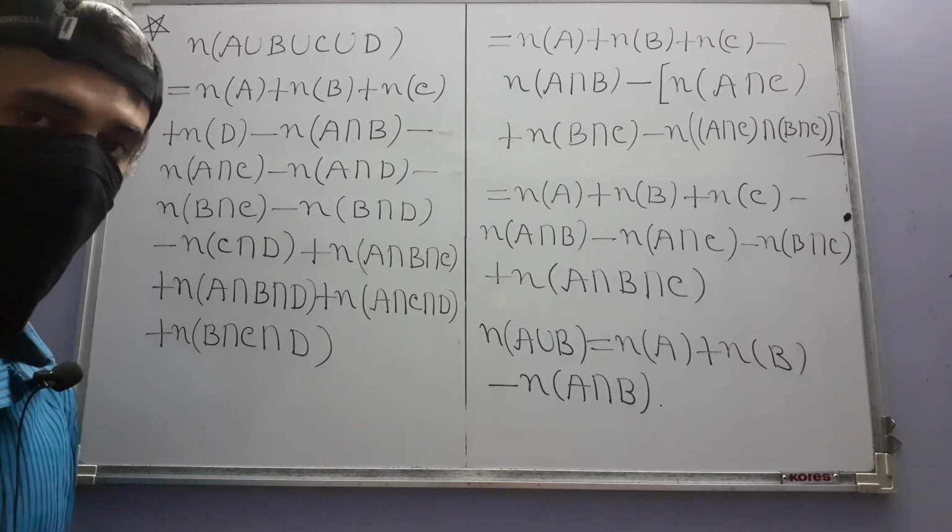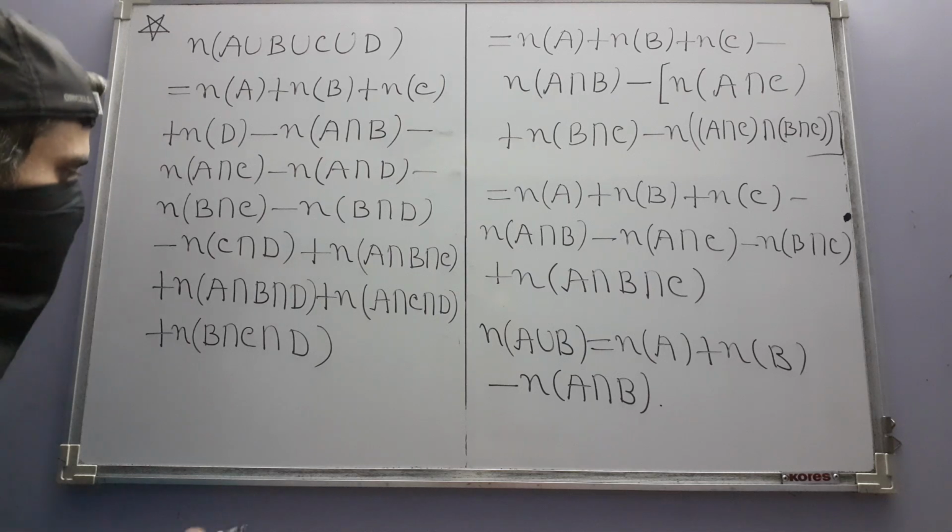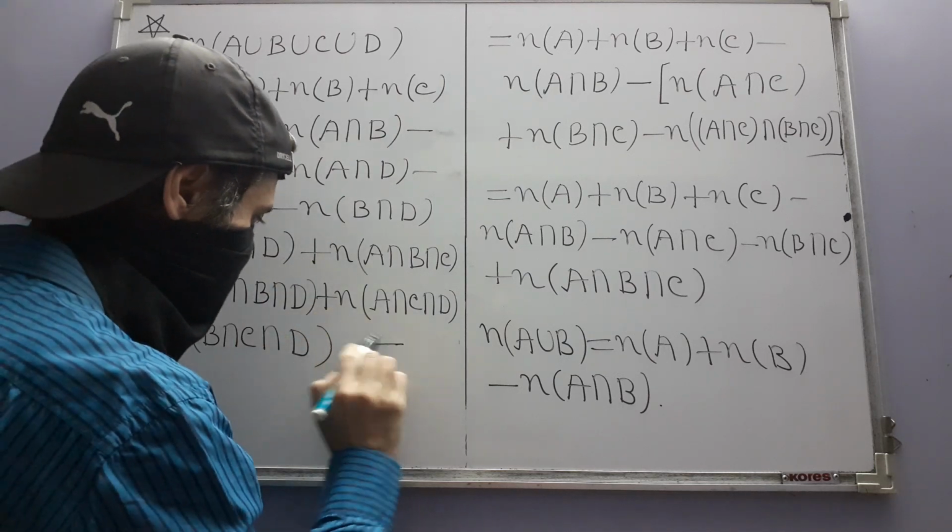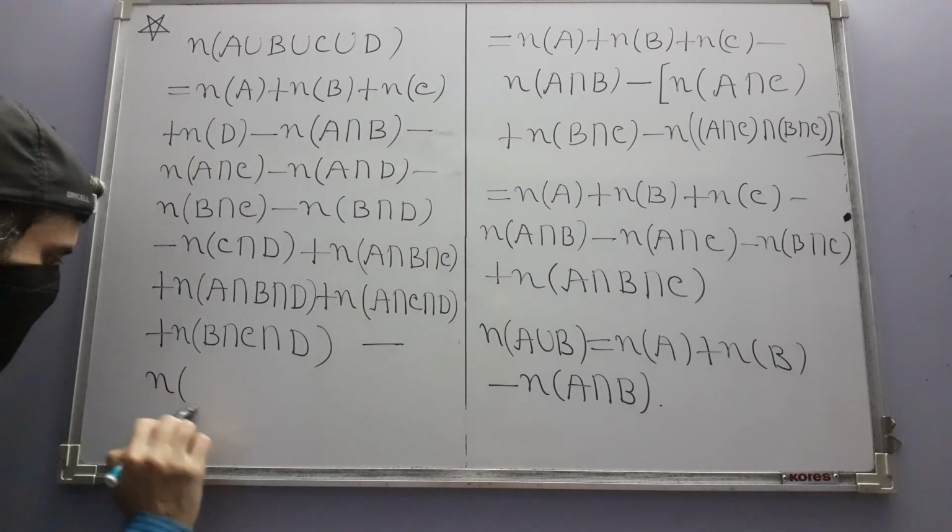So we can still take 4 out of 4, that means all of them. So after plus, again minus will come back. And we will have